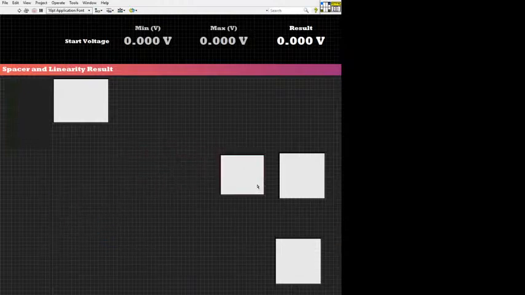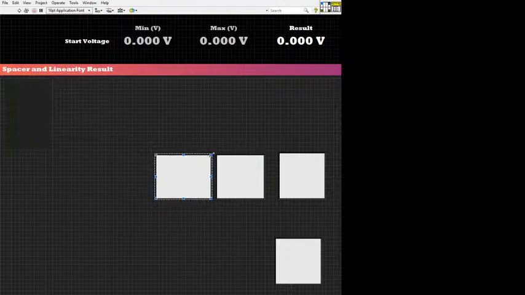Right, so subpanels cannot run on their own. They have to exist on some sort of top level VI. So you could launch a window, you can launch a dialog, but a subpanel needs some VI to reside on, right? What I'll do sometimes to test out just a new panel without running the entire application,